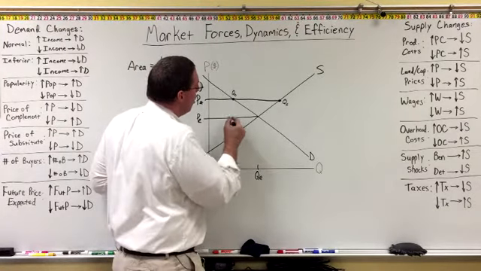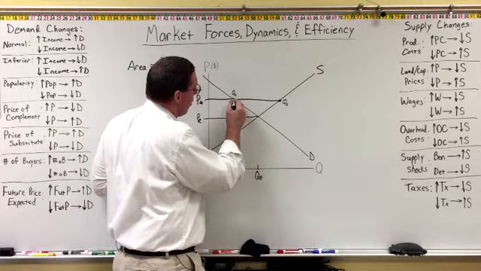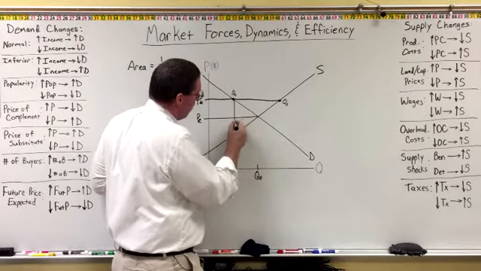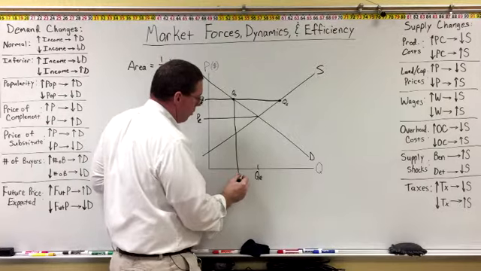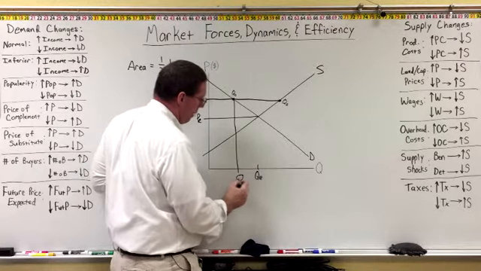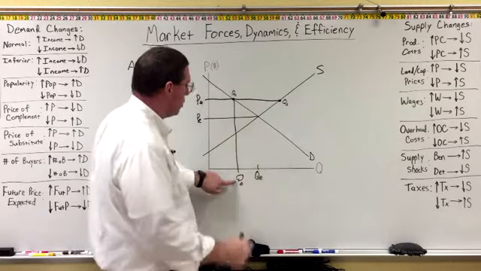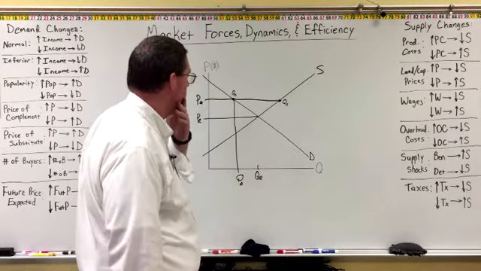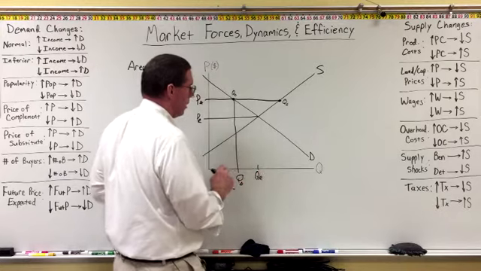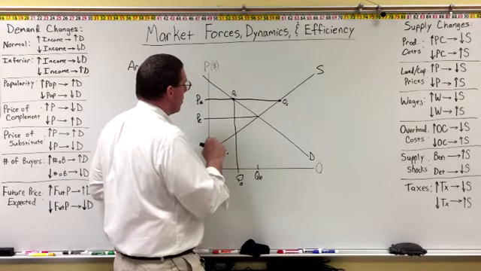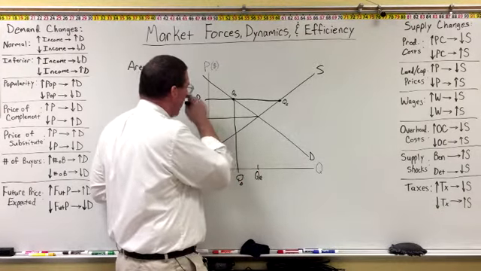And so what's going to happen with this price that's too high is that we are going to have a quantity produced. This is actually going to be this quantity demanded. This is how much is going to be produced in the economy. Therefore, we will not produce equilibrium quantity. And here's what that's going to do. Because this is now the price